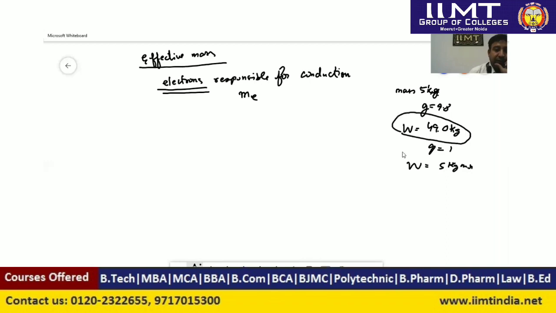So as far as we know now, weight gets changed, never mass. Mass never gets changed. But through the help of quantum mechanics, we were able to find that mass also changes according to whether electrons are in the conduction band or in the valence band. How that happens could be very interestingly seen from the Kronig-Penney model and de Broglie wavelength experiments.